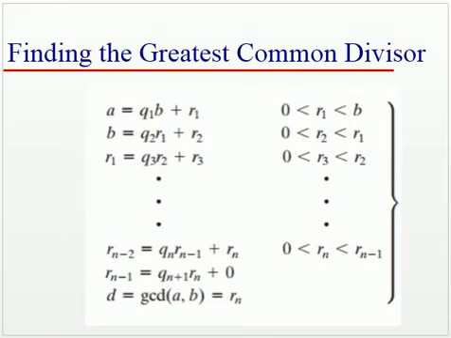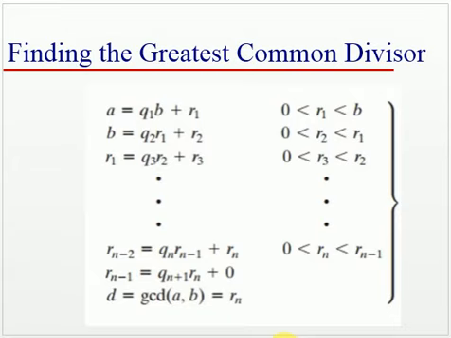So here again 0 < r3 < r2. So we can do so many such calculations in such a way that the residue or remainder becomes 0, and then we can say that d, that is equal to GCD of a, b, that is equal to Rn, where now in this iteration or in this calculation we are getting Rn-1 = Qn+1 × Rn + 0.